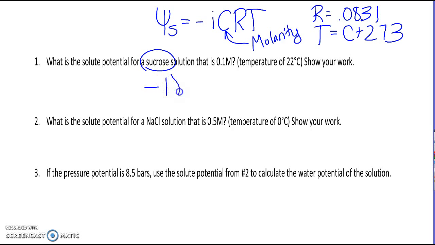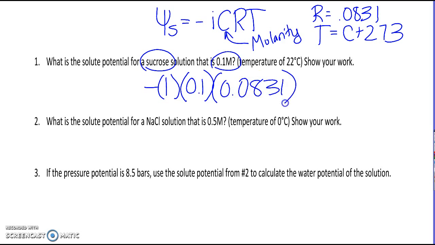I is just 1. C is our molarity. R is a constant, 0.0831. T is our temperature, 22 degrees, plus add 273, so 295. When you work that out, you should get negative 2.5 bars